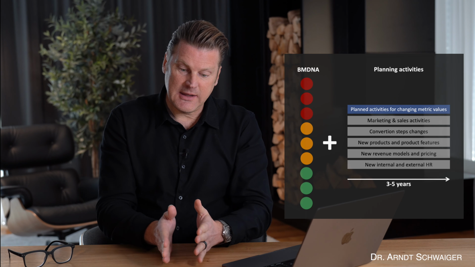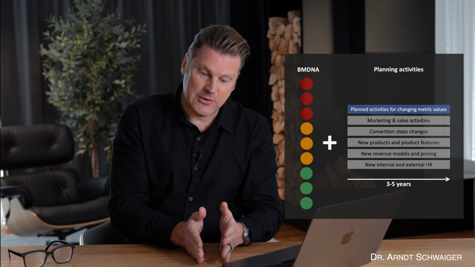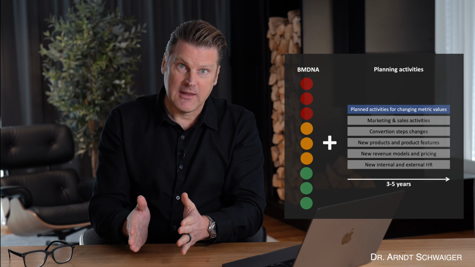And how to do it is defined by planned activities, which are part of your marketing and sales strategy, your product release plan, your pricing models, and also the related human resources you need to perform the activities over time. So now the idea is you have your business model DNA and you have the plans and strategies on how to improve these metric values within a specific period of time, let's say the next 3 to 5 years